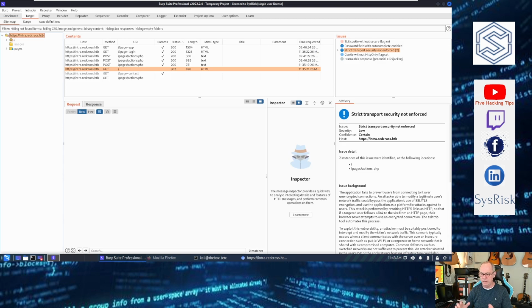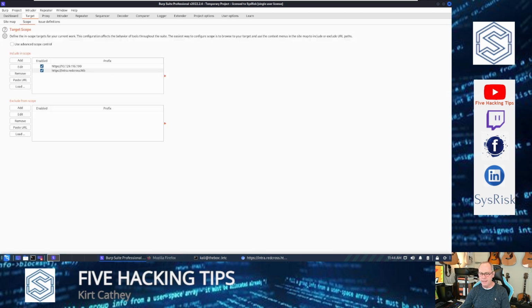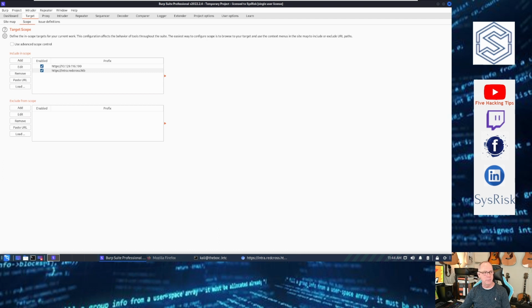Here is basically you've got to set up your target, and when you click on target and you go underneath that, it says sitemap, and then it says scope. That's the first thing you want to set. You want to set scope. You don't want to just go scanning a whole domain and all the subdomains. So in here, this is a Hack the Box instance that